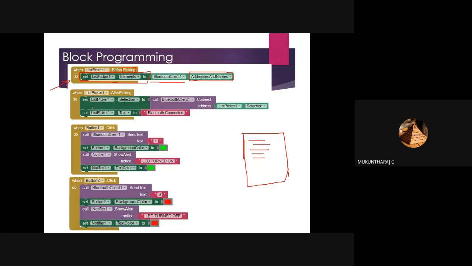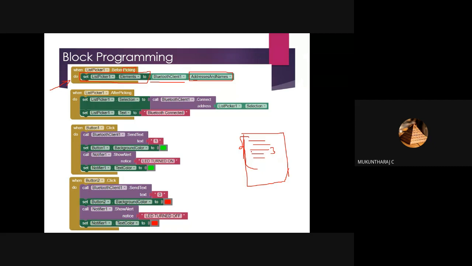Coming to the second rule. Before picking, you need to display everything. That is what the first rule says. After that, the user is going to select some item, right? Say, for example, I have 5 devices and I must connect the third device.